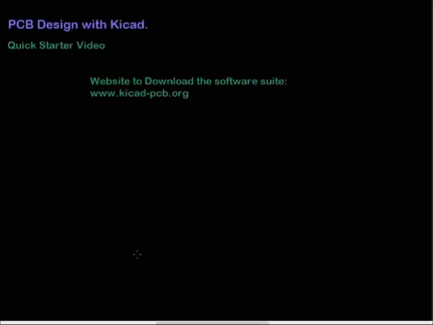Now this is an open source software which is free. There are no constraints of size, and the most important part is even the entire software is open source. It means you could write your own scripts, and you can design your PCBs to whatever length or whatever dimensions you wish. There are no restrictions at all, and the website to download the software is